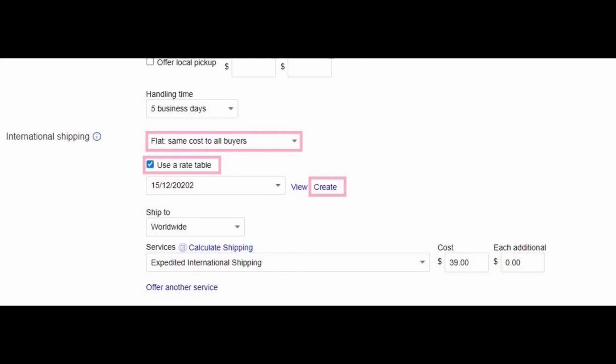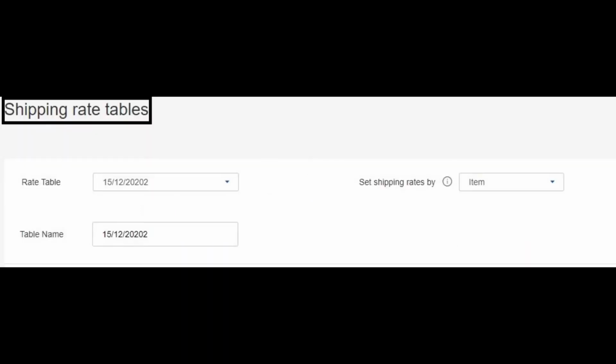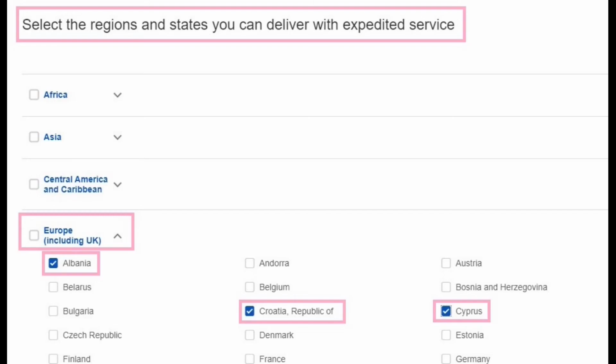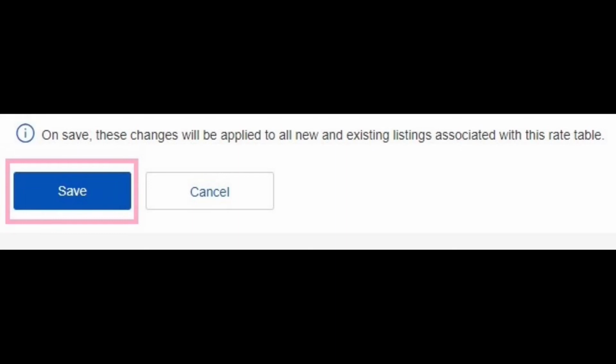The shipping rate tables form automatically opens in a new window. In this form, you can create a new shipping rate table or open a saved shipping rate table. To create a new table, set one of the shipping options in the Set Shipping Rates by field. When you create a new table, be sure to enter its name in the table name field, otherwise the data will not be saved.